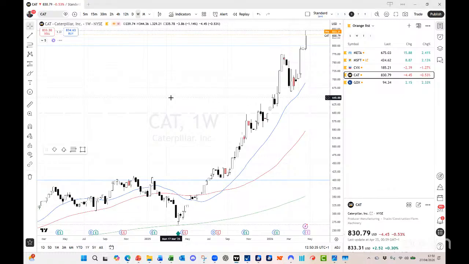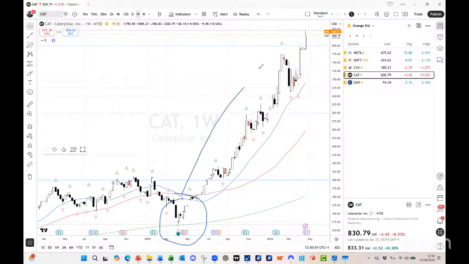Next is Caterpillar, and this has been just a great trend. This has just been a great chart for years, but accelerated over the last year. As I said, this is a great weekly chart here, and as you can see, once again, we had a bit of a Munger setup here at the old Trump tariff tantrums, and then we just launched ourselves into this fantastic run here. This has been a great run on the weekly chart.